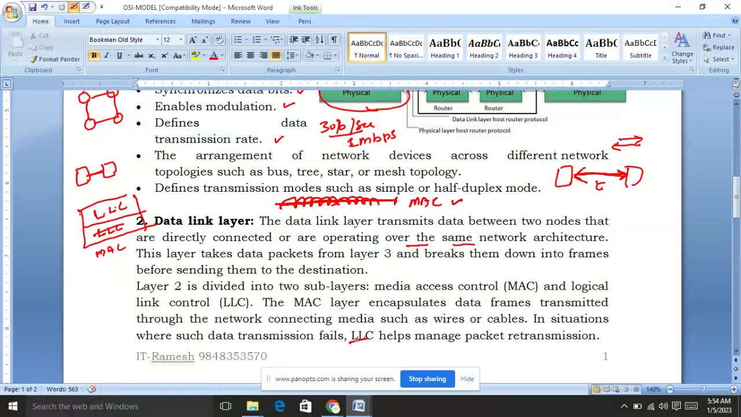The logical link control deals with the connectivity between the two systems. How the connection is established, and after completion of the transmission, how to release the connection. Suppose the connection is terminated